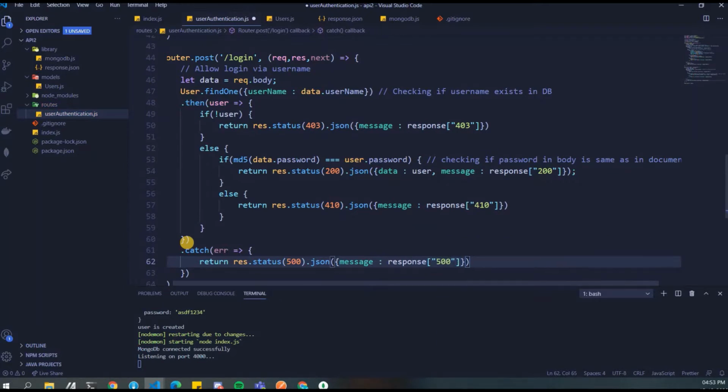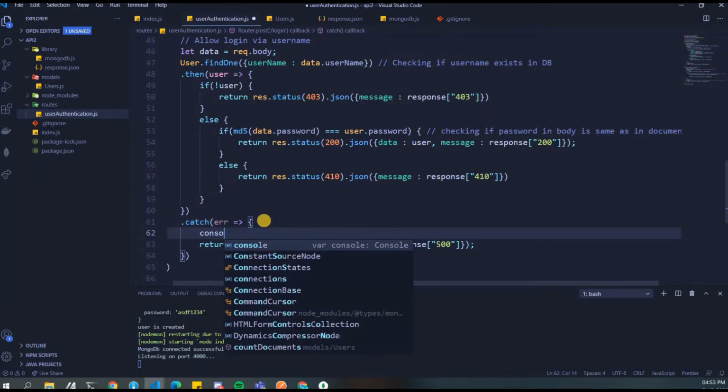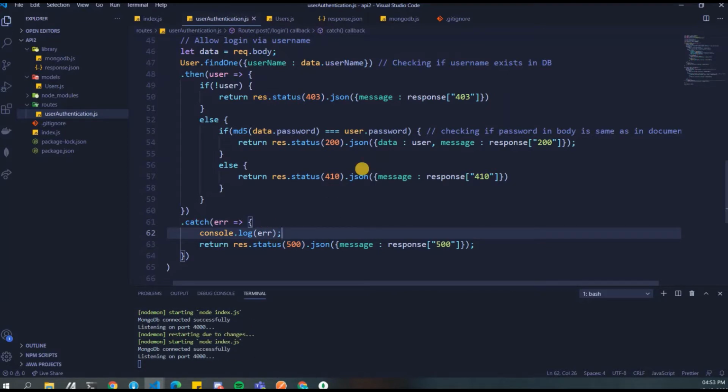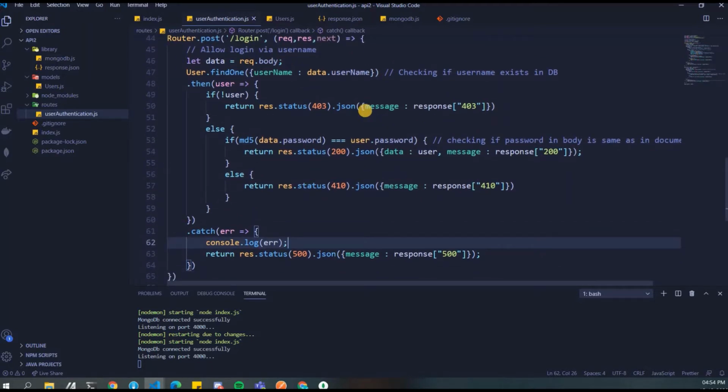Correct? So this always goes in our catch block, and we also write a console.log to log our error. You can always send the error as well, but for now we are just writing console.log error. Okay. So now router.post login is looking fine, right?